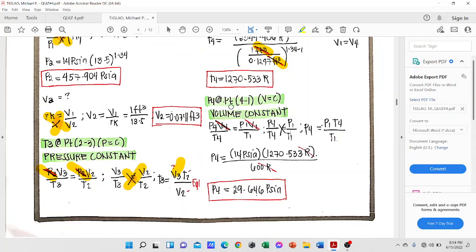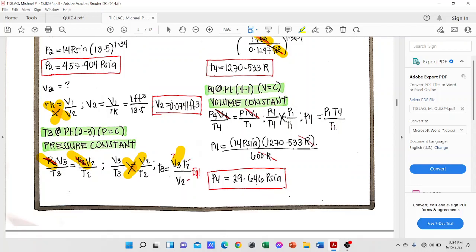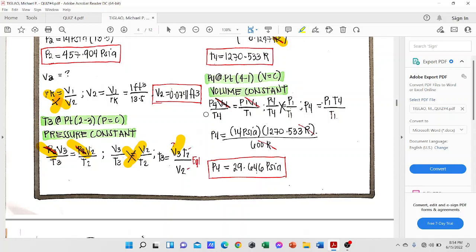So, kuhanin natin next is yung pressure 4. Sa pressure 4 naman, ginamit kong process is process 4 to 1, wherein volume is constant. So, ginamit kong formula is PVT. Bali, P4 V4 all over T4 is equals to P1 V1